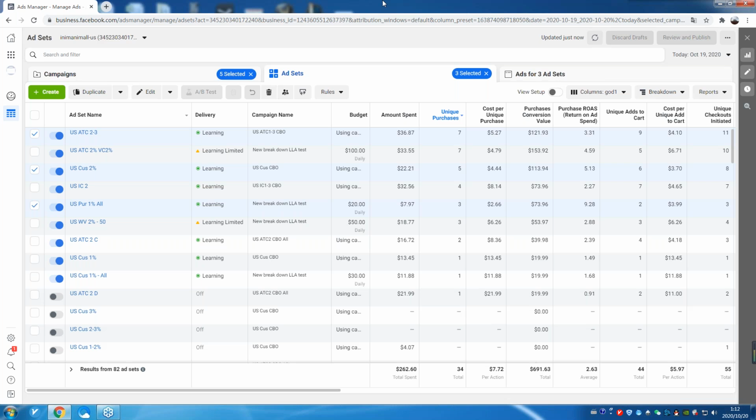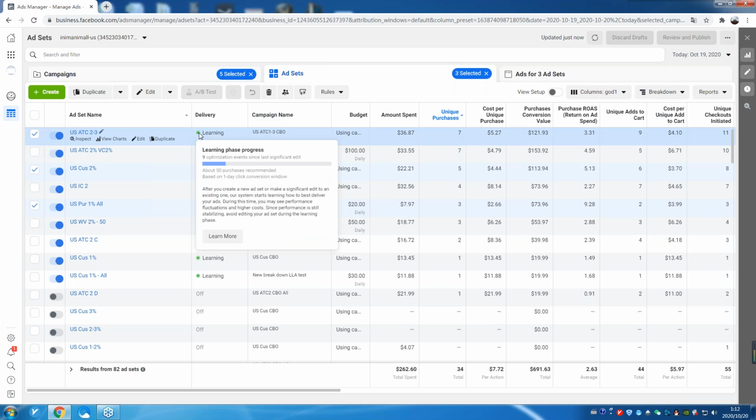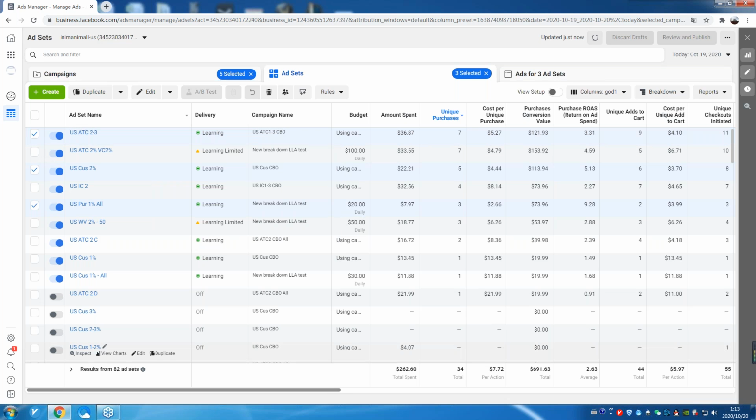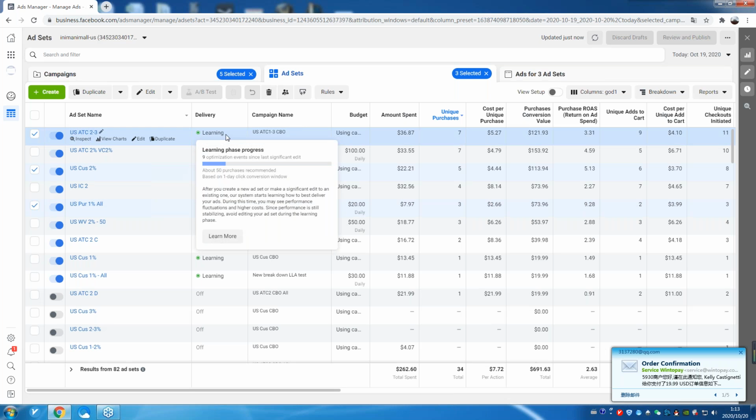You know, in the beginning of October, I had an ad set. I put 1,500 in it. I just wanted to see when it passed the learning phase. How much different is it after the learning phase? Once you exit the learning phase, your costs won't fluctuate by a significant margin.